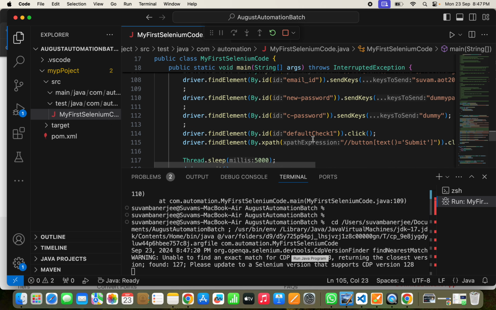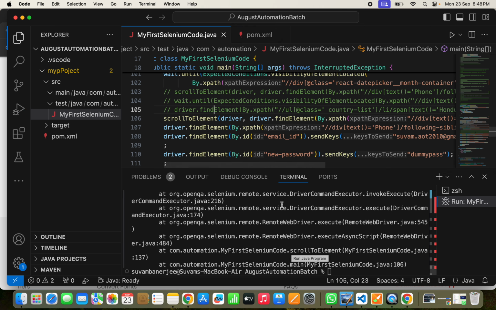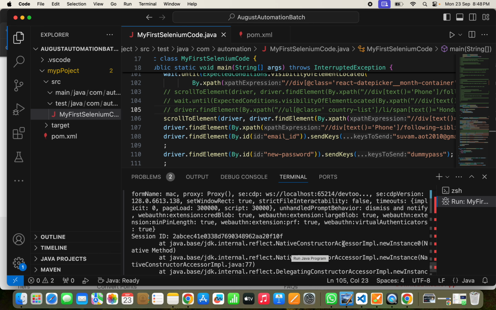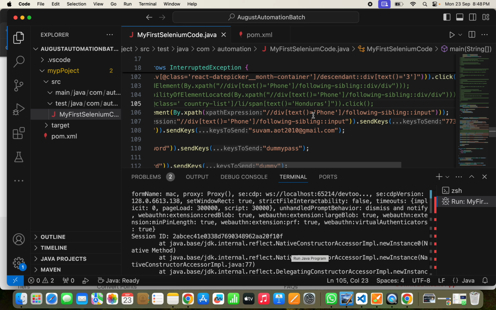No, that is not the problem right now. The problem is with this send keys thing, right? Unhandled prompt behavior. Unhandled prompt behavior. Okay, if it is unhandled prompt behavior, then